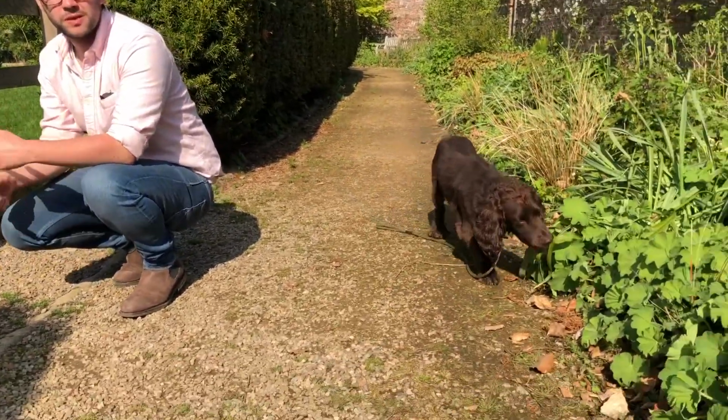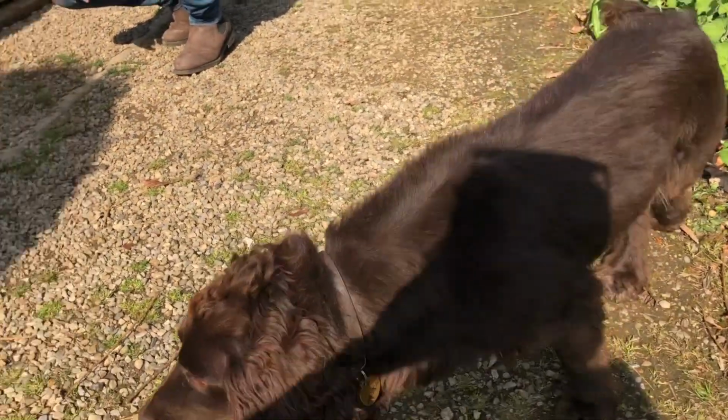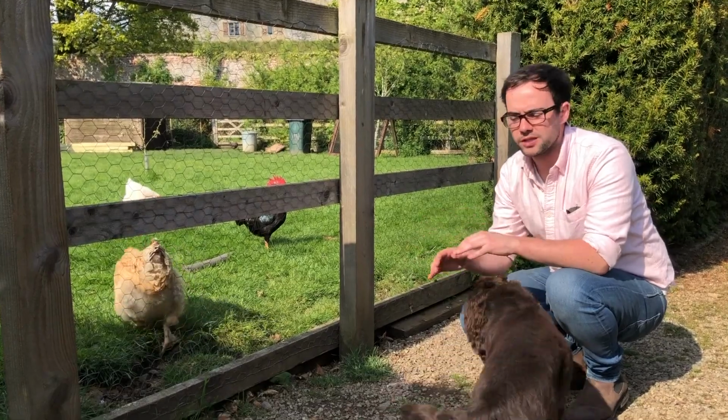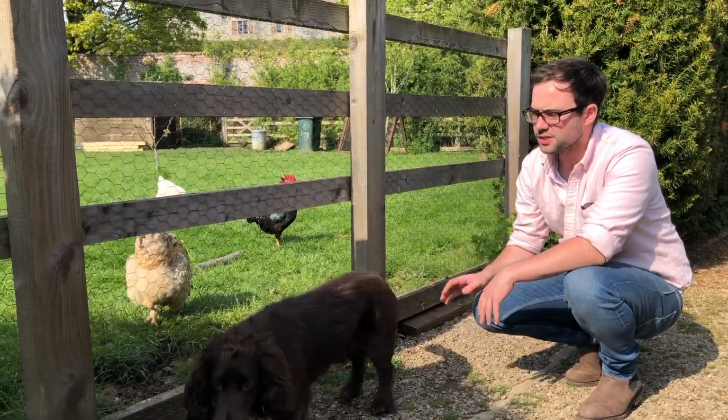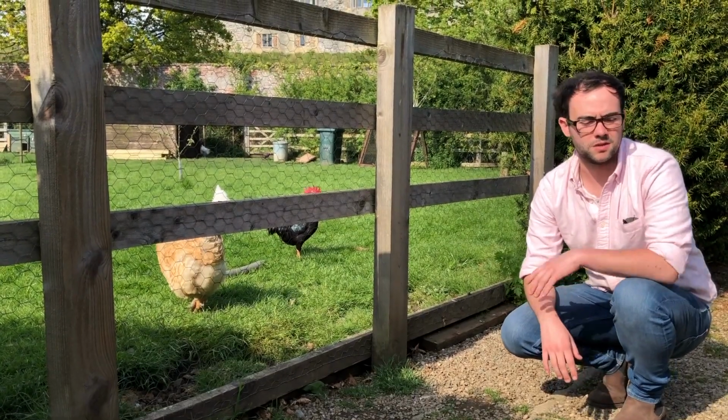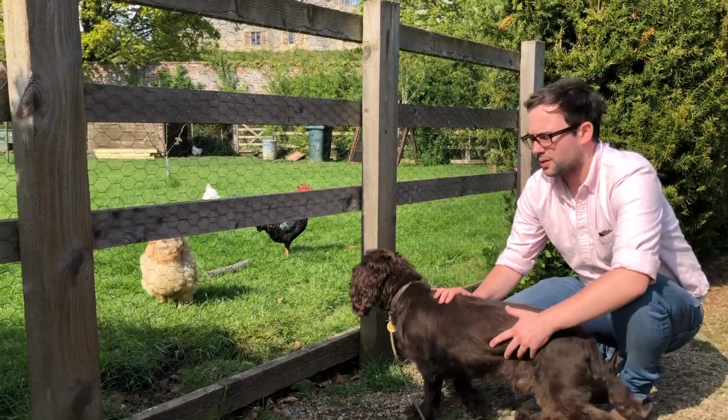What he'll spend a lot of his time doing instead, when he's around the chickens, is redirect. He'll sniff, he'll smell other things, he'll put that energy elsewhere. And he's actually doing really well. This is after about 20 minutes or so of getting used to them. So, you know, it's